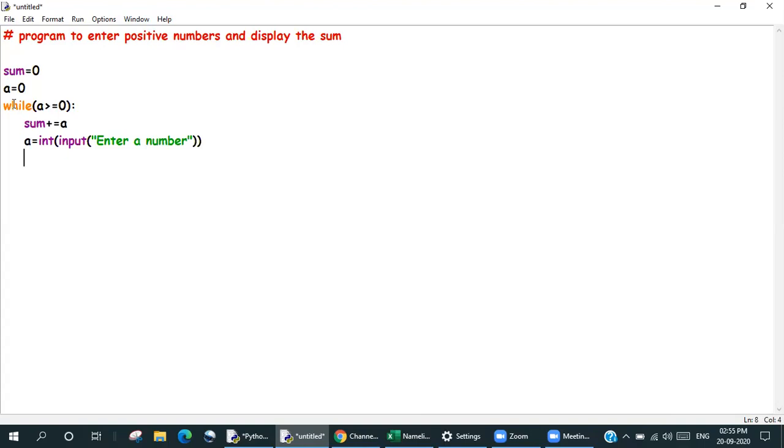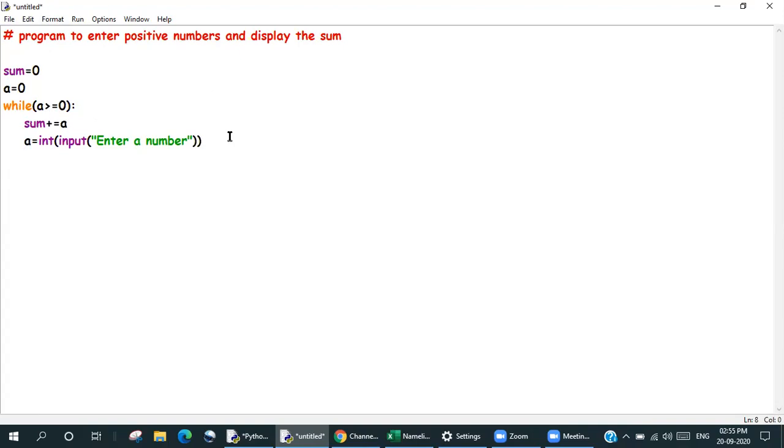And then so let's say we run this program and the number you entered is 2. So you go and check is 2 more than or equal to 0. So it is added to the sum. It will ask for another number. It will keep asking the numbers. But the minute the user will enter a negative number, it will go out and the loop will stop. And the sum will have all the previous additions to it.